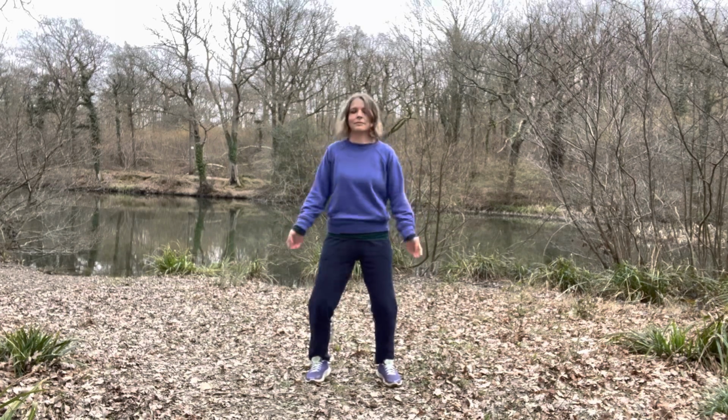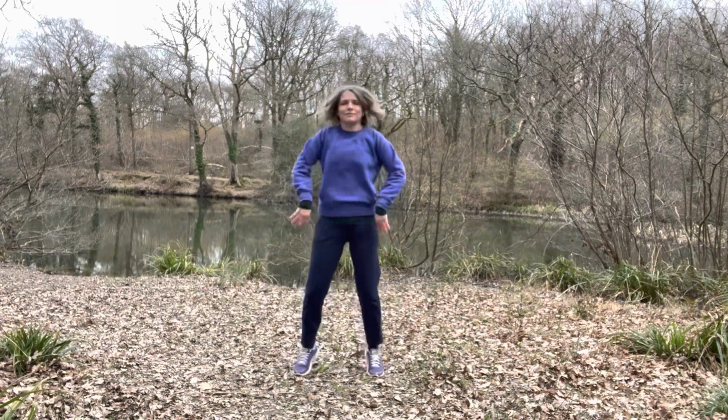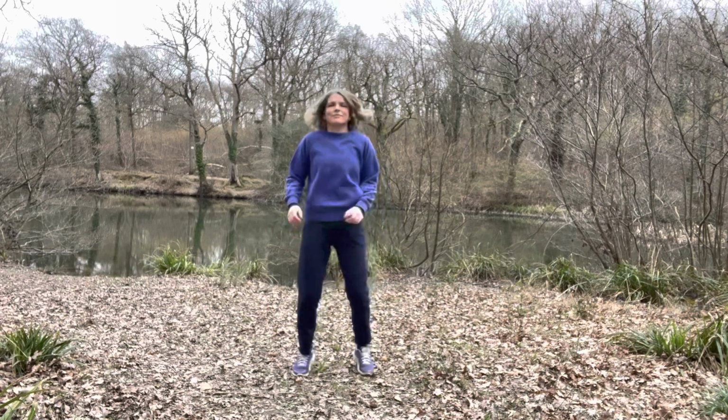Let the upper half of the body be nice and loose, so hands and arms just shaking down towards the earth. And if you can jump, it might be a good idea to get the lymph moving with a bit of a jump, just impacting up and down on the kidney 1 point on the sole of the foot. Keep the top half nice and loose, bottom half nice and springy,